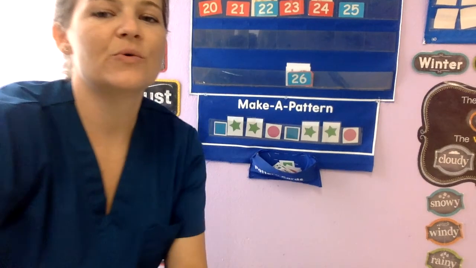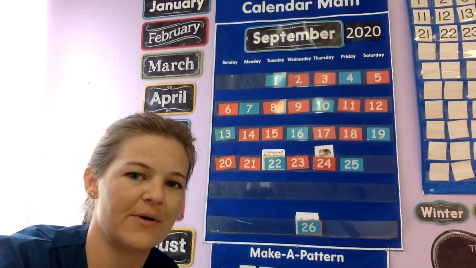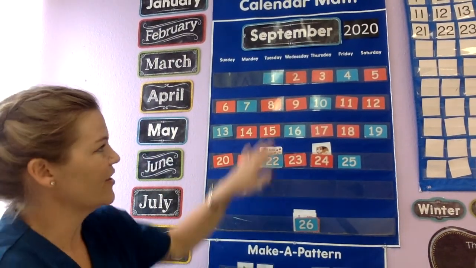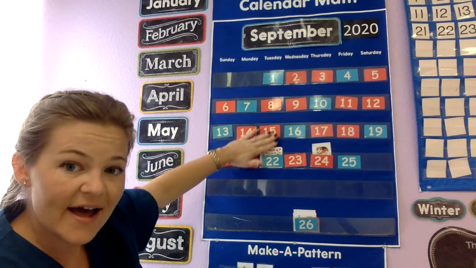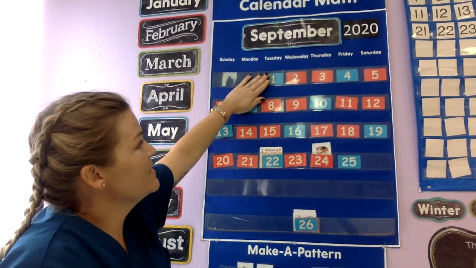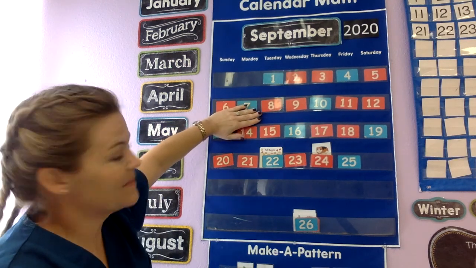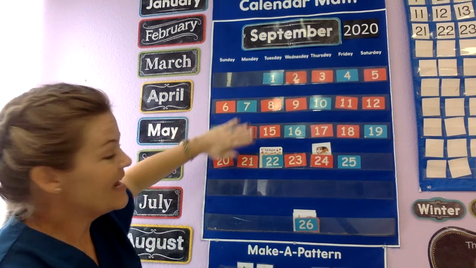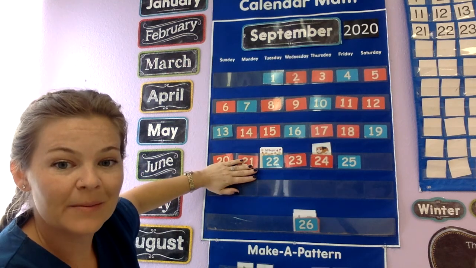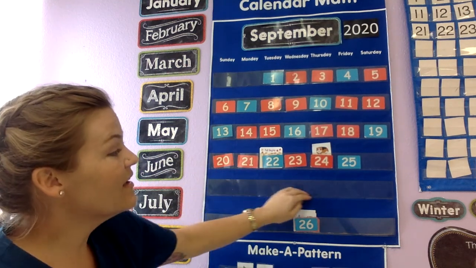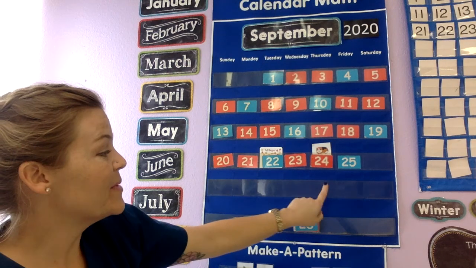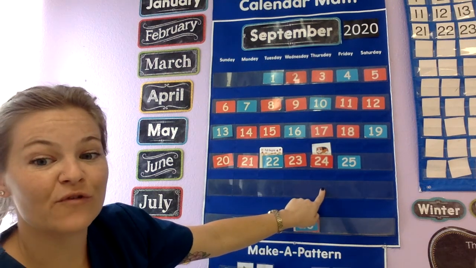All right, so let's look again at our September calendar. Here's our September calendar. We've filled in a lot of it. Look at that. This was the beginning of September. That's already done. This was the middle of September. That's already done. Now we're in the end of September. In fact, this is the very end of September because right here is going to be the first day of